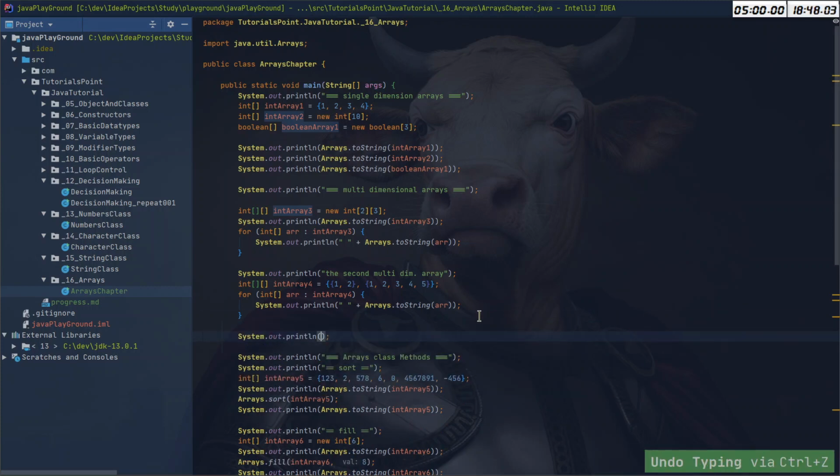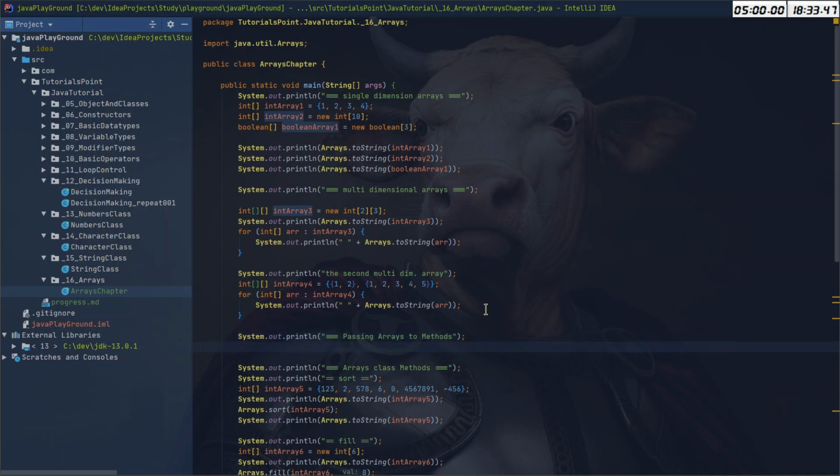Okay, and here we will have some integer array, and I can use the first one, for example. I will just pass that one. So we'll say